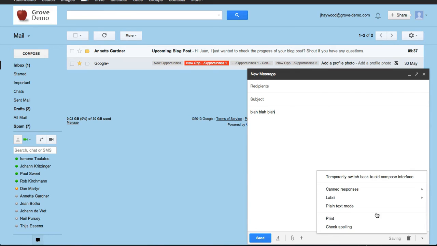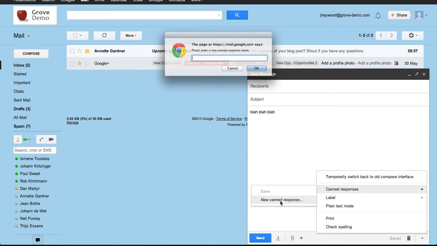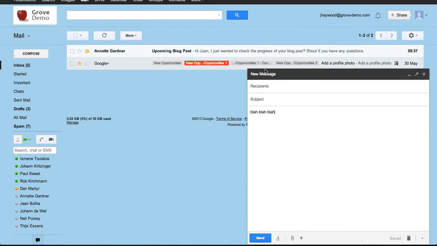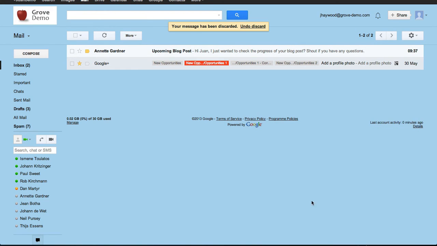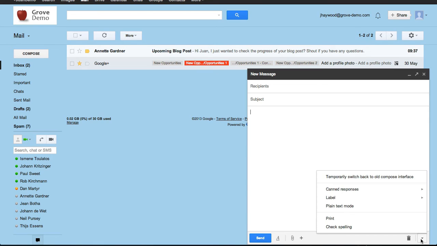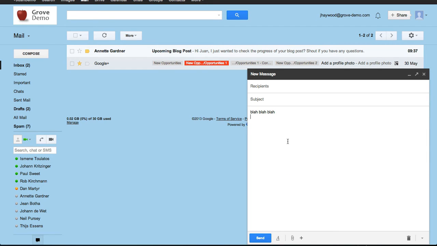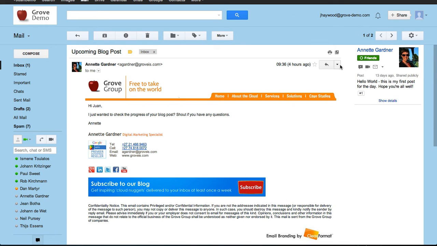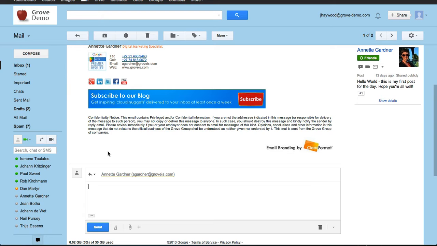and I'll go to that option again, canned responses, new canned response. I'll give it a name. Let's call it blah. Okay. If I discard this mail, whenever I need to reply to someone with blah blah blah, I'll just, in the reply window, click on the drop-down box, go to canned responses, select blah underneath insert, and it will automatically add it. So if I go to this mail, for instance, just close that, click on reply, in the compose window,